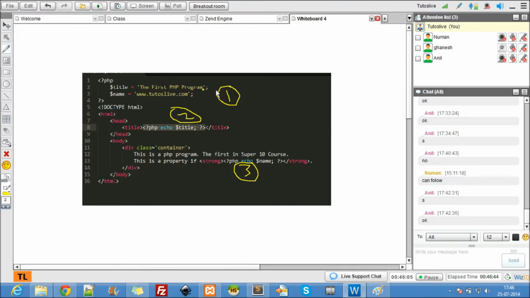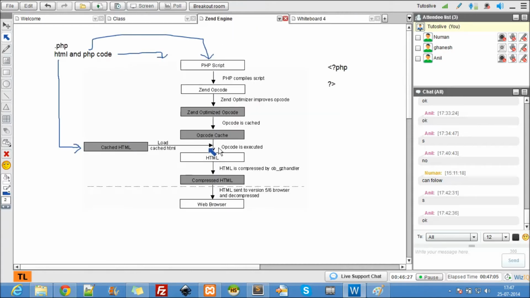It caches saying that this is the first PHP script, this is the second PHP script, and this is the third PHP script. And each PHP script is compiled, like saying, what is the meaning of this? What is the meaning of this? What is the meaning of this? So it compiles it, it builds something, and at one point here, it combines those two.